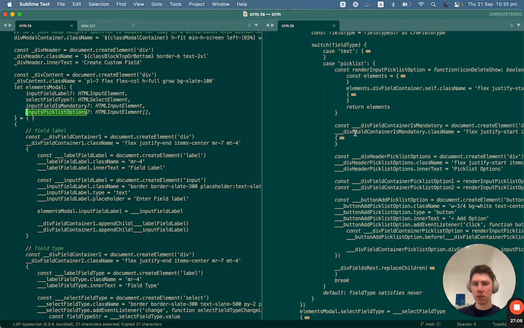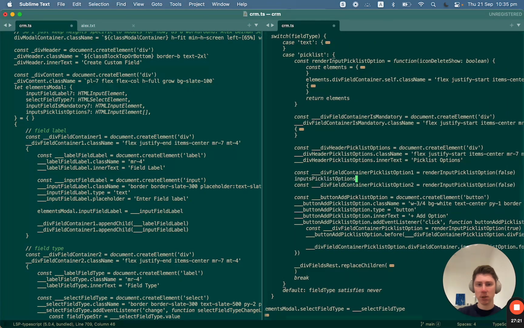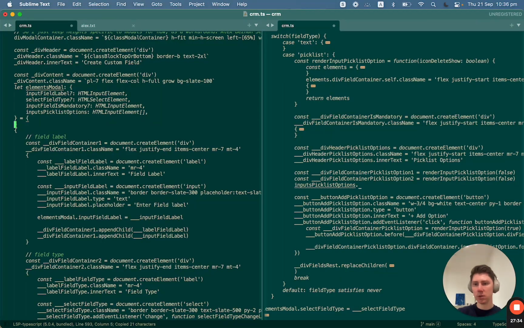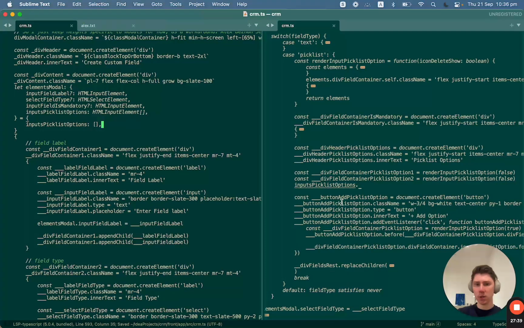So we can say that whenever we render an option, we can actually add it to... yeah, because we will always have some. Yeah, we can just do it like this. We can just have an empty array, that's fine. And then